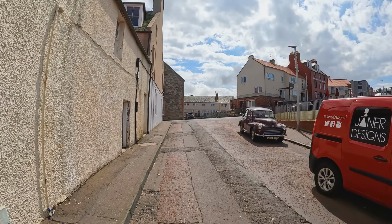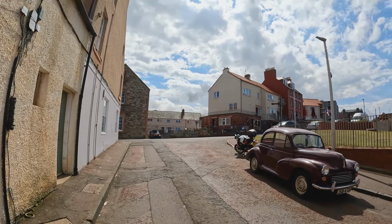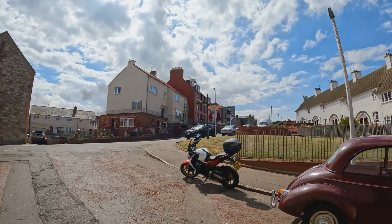But do you know what? I really do need to find somewhere to eat. Not sure whether I fancy chips or a burger or... I'm not sure. Let's go and find out what there is on the high street. So we'll head up from the harbour towards the town centre. See, there's a pub over there, the Volunteer Arms. That's a possibility. One of the things I love about just walking around these East Lothian towns and villages is